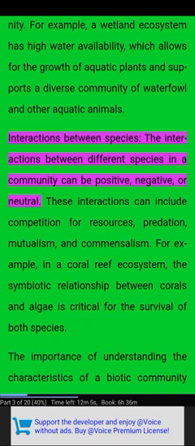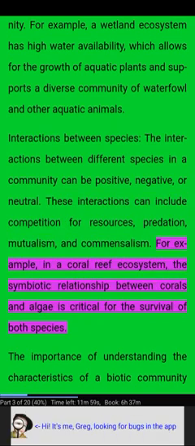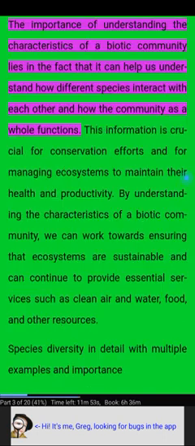Interactions between species. The interactions between different species in a community can be positive, negative, or neutral. These interactions can include competition for resources, predation, mutualism, and commensalism. For example, in a coral reef ecosystem, the symbiotic relationship between corals and algae is critical for the survival of both species. The importance of understanding the characteristics of a biotic community lies in the fact that it can help